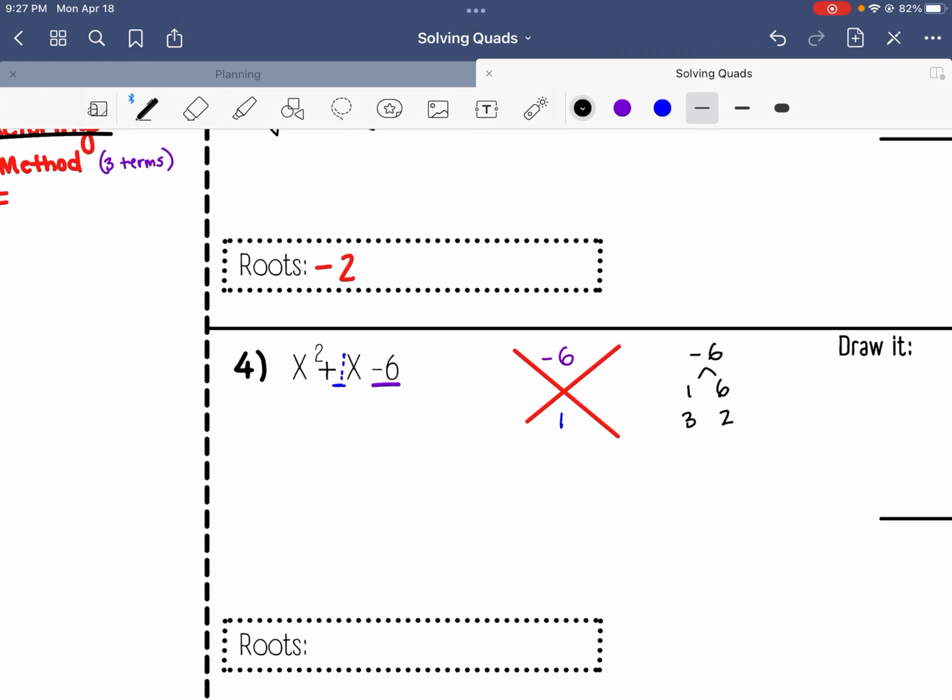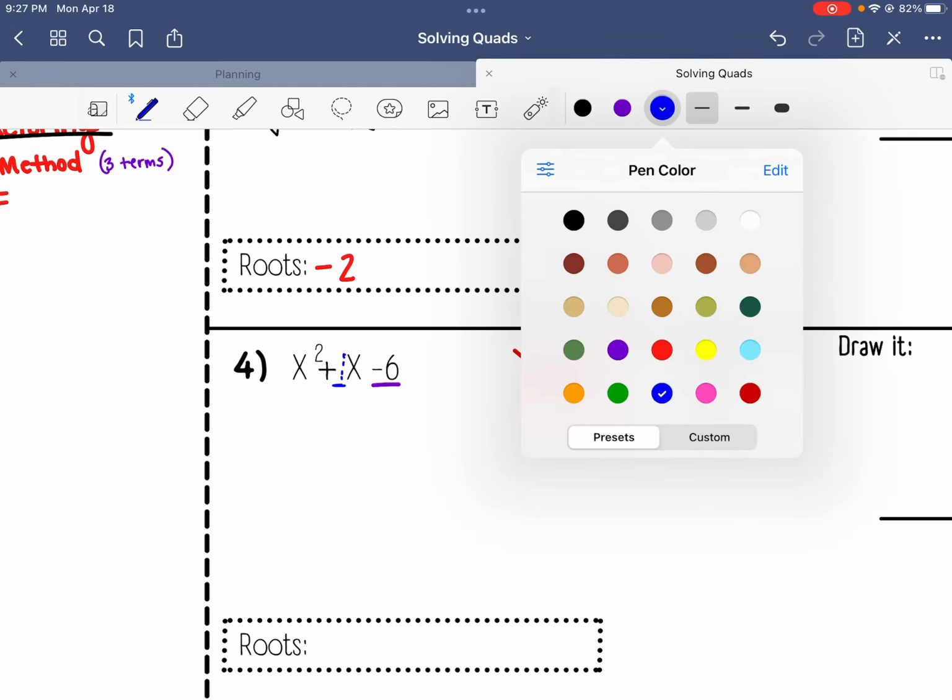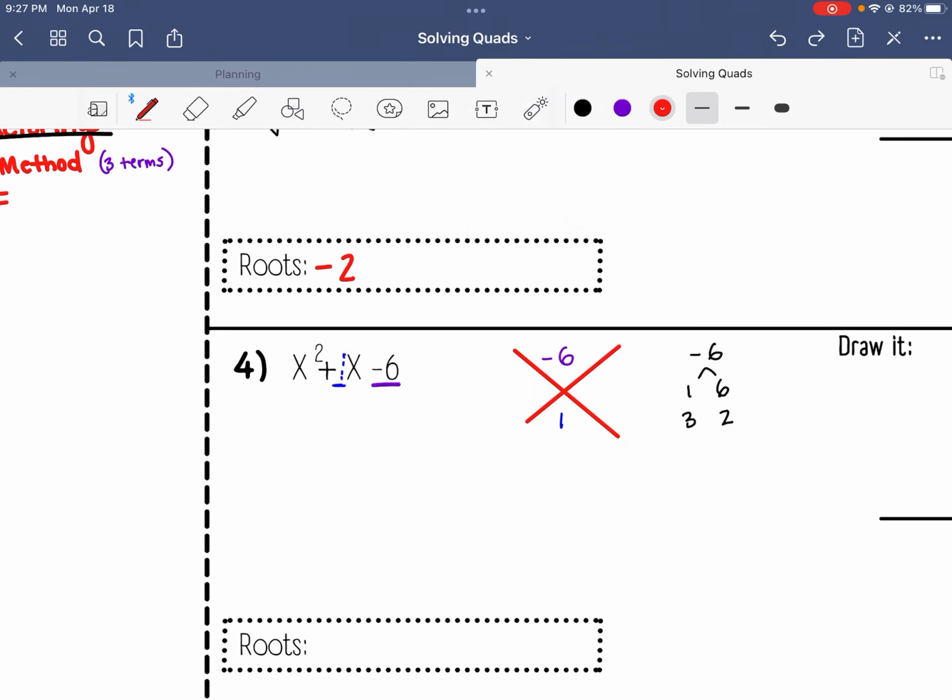So I'm going to go negative 6. I know that 1 times 6 gives me 6, and 3 times 2 gives me 6. But I also know that since this is negative right here, that means that one of these has to be negative. So I'm going to do this side. 1 minus 6 gives me negative 5, so that's not it. 3 minus 2 gives me 1, so this has to be my solution right here. 3 and negative 2. So if I were to write this out as my polynomial, this becomes x plus 3